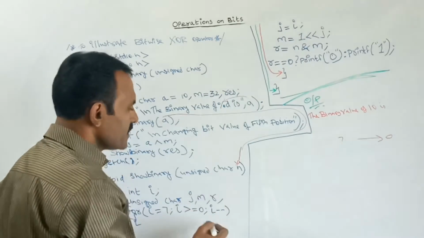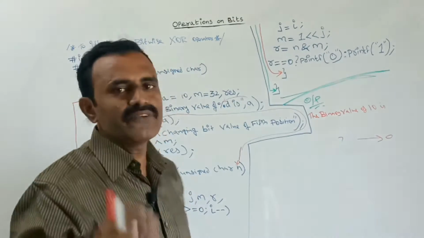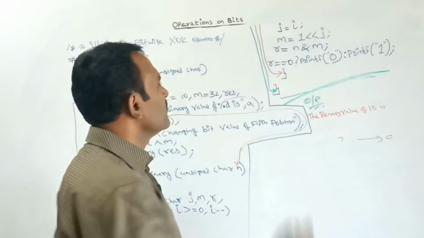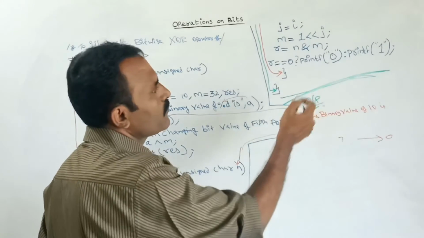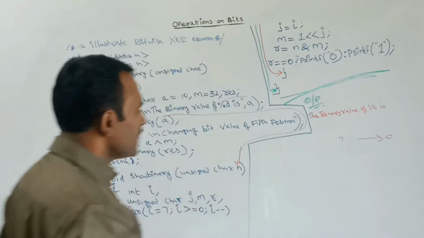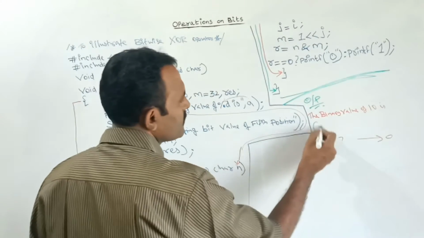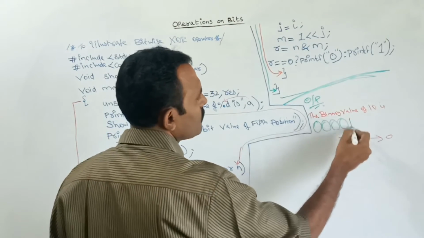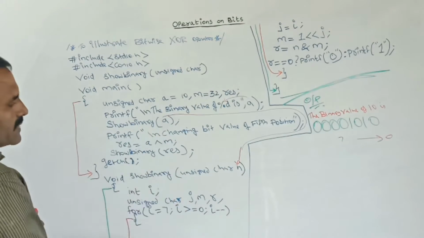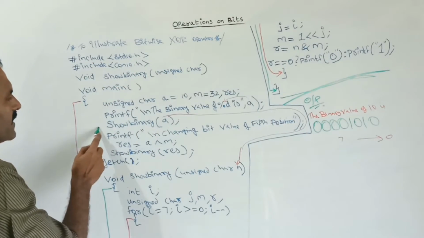Now I want to display this binary value, so here for each and every position I am creating the mask value, and I am comparing that to the n value. If our result is equal to 0, I am telling it to print 0, otherwise it will print 1. So the binary value of this 10 will display here. What is the binary value of 10 here? The binary value of 10 is, in this step here, this will print. After printing this binary value, again the controller will come back to where it was called.